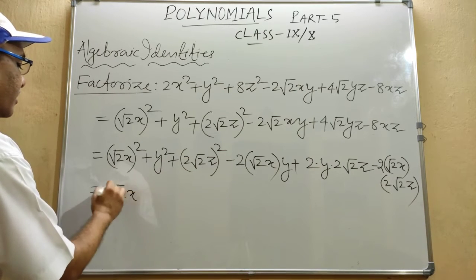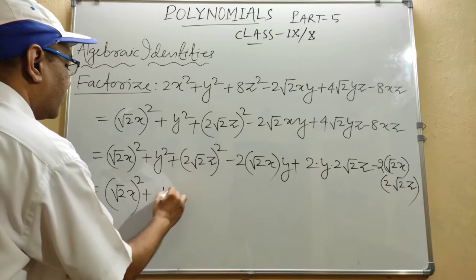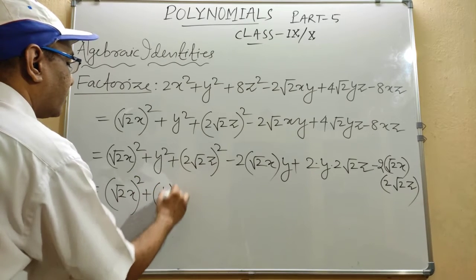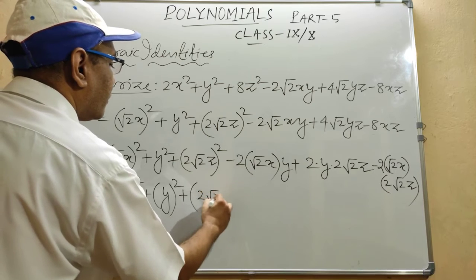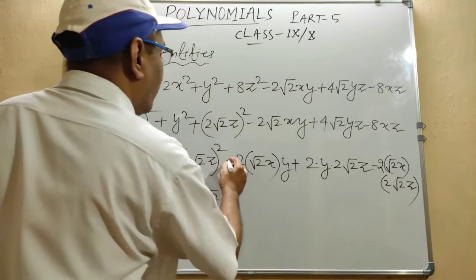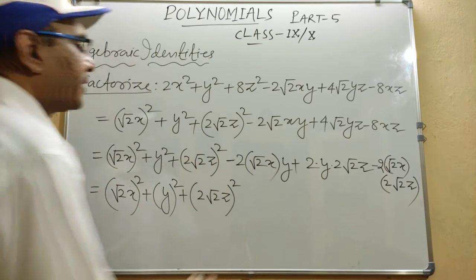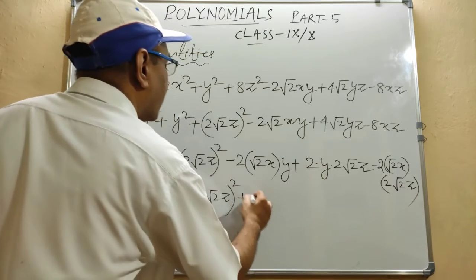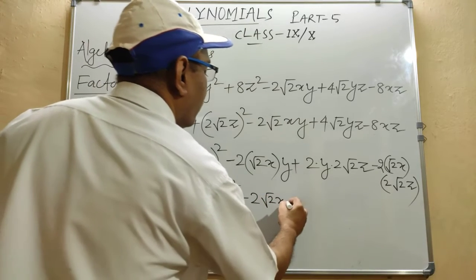Root 2x whole square, it is a square, it is b square, it is c square. Okay, now 2 minus is there, you write it plus 2 root 2x minus y,